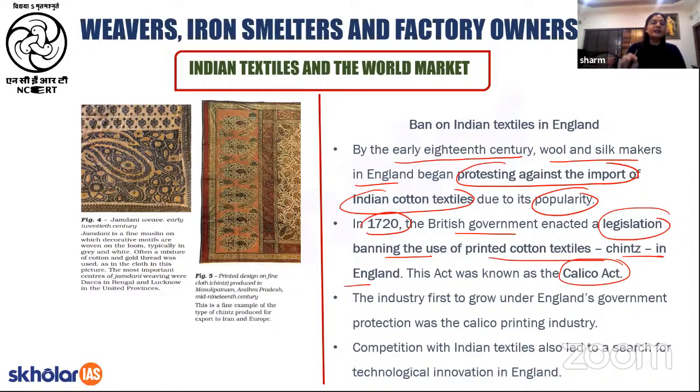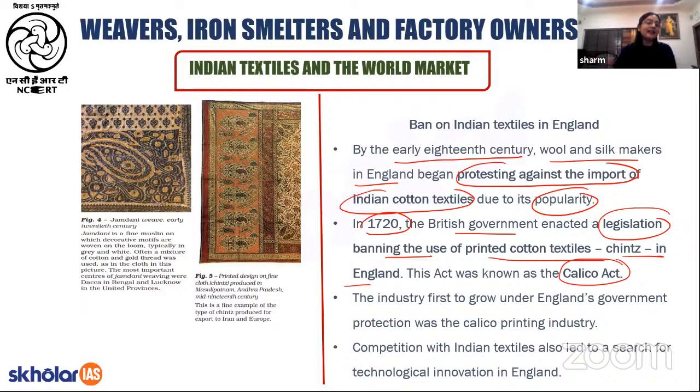Now, I had told you that there is this one very important point that is given in your chapter, which is pertaining to the Calico Act. कैलिको टर्म क्या थी? पोर्चुगीज से आई थी, इन्होंने कॉटन टेक्सटाइल्स को नाम दिया था। चिंट्स क्या है? चिंट्स के बारे में हमने अभी पीछे पढ़ा है कि एक बहुत ही फेमस टेक्सटाइल थी इंडिया की, जिसका बहुत ही बड़ा इंटरनेशनल मार्केट था। अब प्रॉब्लम स्टूडेंट्स ये हुई कि जो इंग्लैंड के वीवर्स थे, they did not like